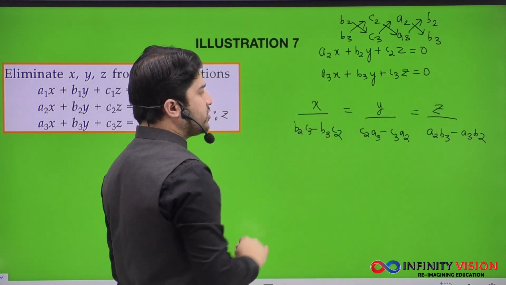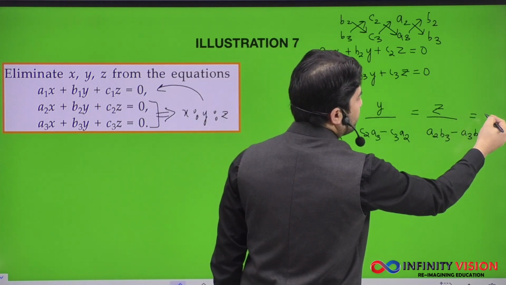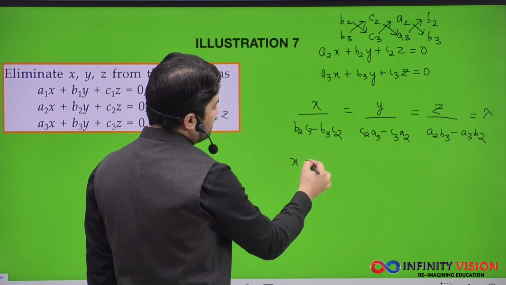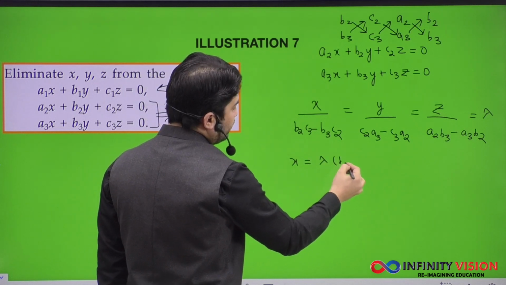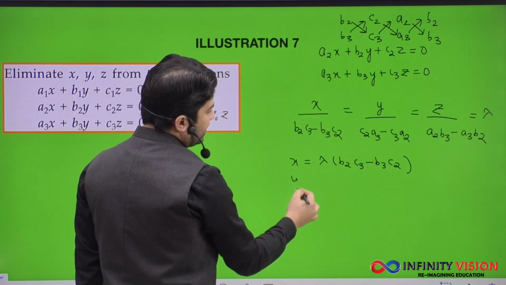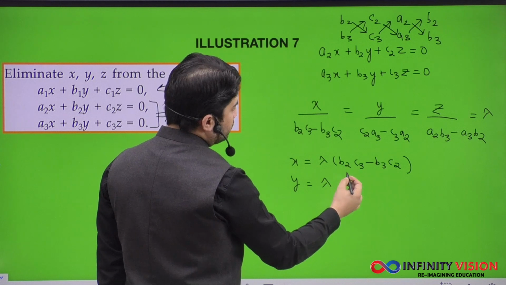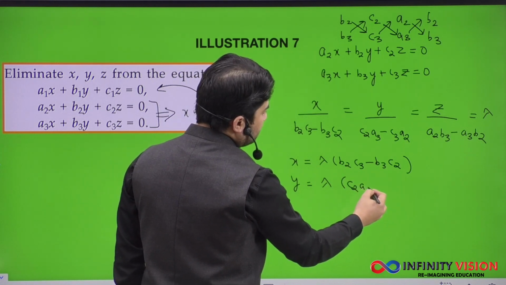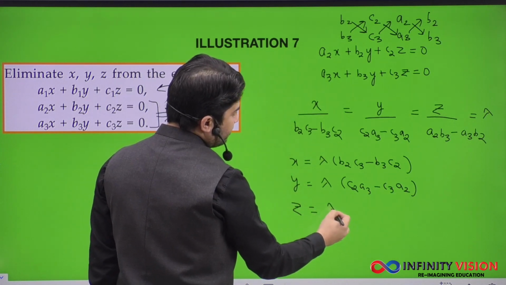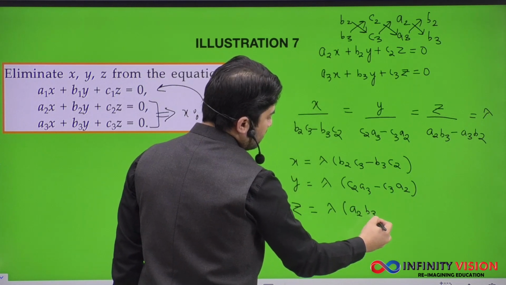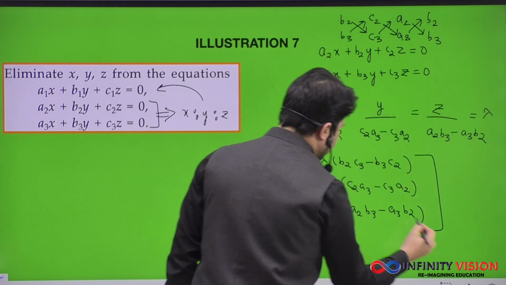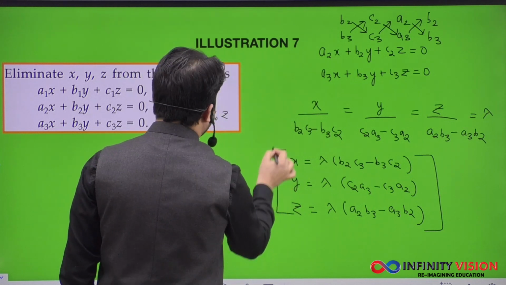Now, since you know that x, y, z are in the same proportion, you can write lambda here. Now x is equal to lambda into b2, c3 minus b3, c2. Your y is lambda into c2, a3 minus c3, a2. And your z is lambda a2, b3 minus a3, b2. Now you got your x, y, z in terms of lambda and you are going to put it here in